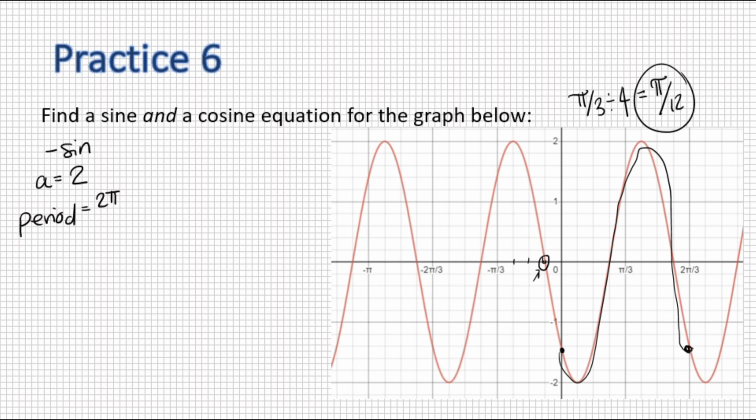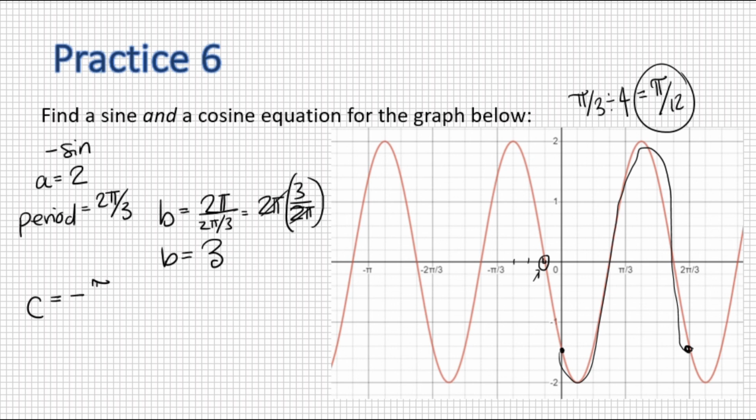2 pi over 3, which means if I want to get my b value, I have to do 2 pi divided by 2 pi over 3, which is going to be 2 pi times the reciprocal, 3 over 2 pi. Those will cancel, and the b value is 3. So a lot of work for a nice integer. The horizontal shift is 1 unit over, so that's pi over 12, negative pi over 12. The equation,